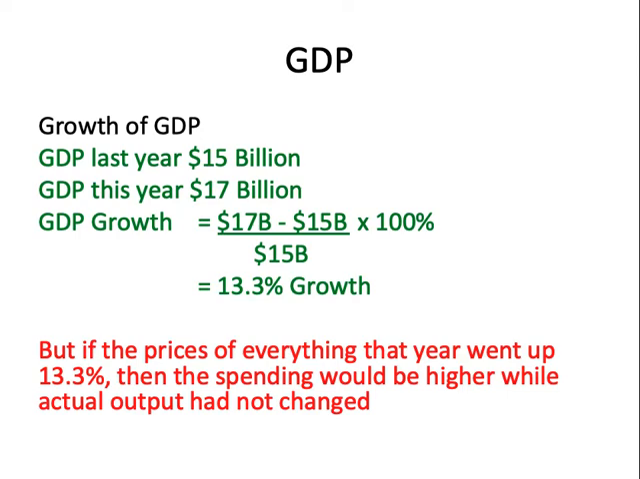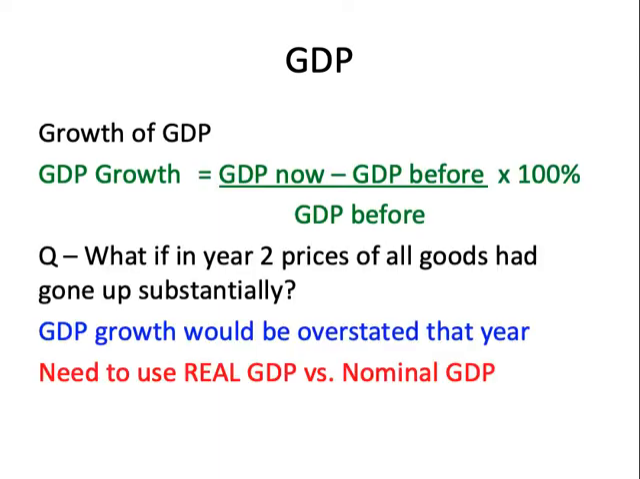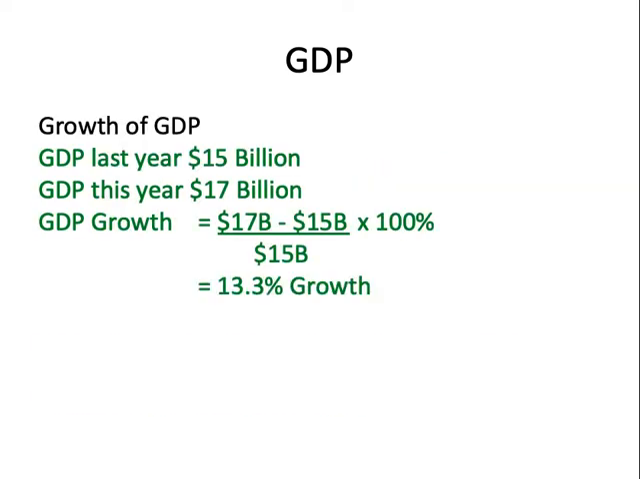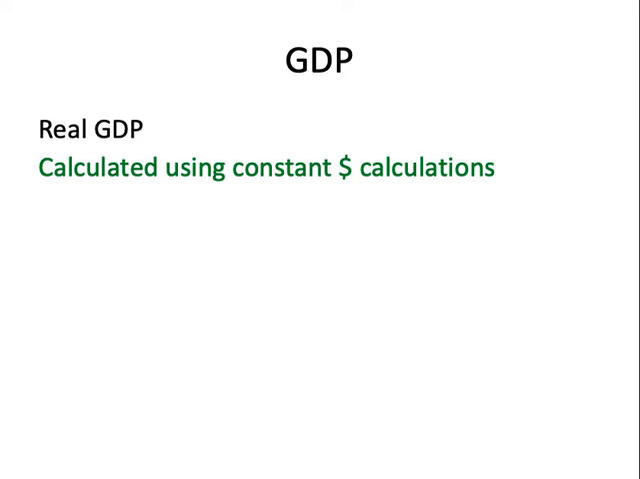It actually didn't. It's just that prices had gone up and everything had gotten more expensive. And therefore, that's why we need to use the concept of real GDP versus nominal GDP. Real GDP is calculated using constant dollar calculations. So we want to calculate GDP removing the impacts of inflation or deflation to see how much economic activity